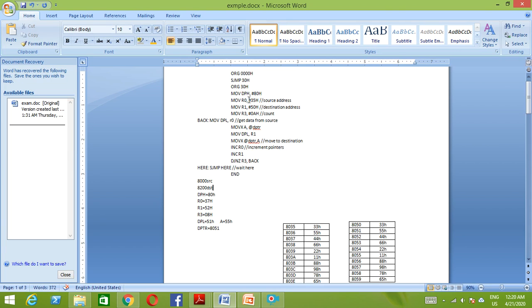The r0 content is treated as the source and the r1 content as the destination. Then it has to be a count, right? So how many numbers you want to transfer, based upon that you need to keep the count. Since I want to transfer 10 bytes, I have kept the count as 0Ah.